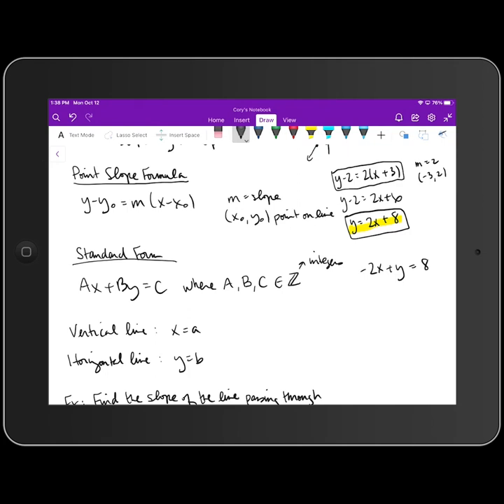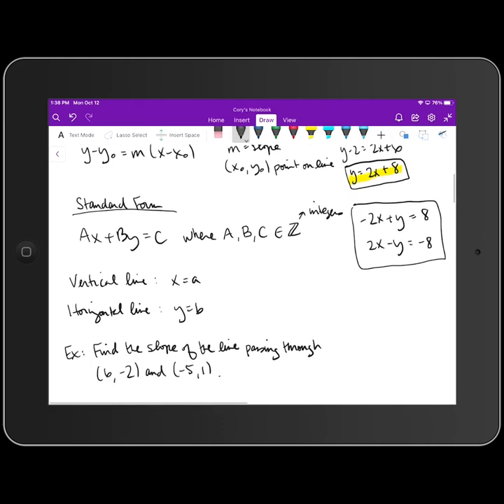Or if you want your x term to be positive, you can multiply both sides by negative 1. And that would give me 2x minus y is equal to negative 8. And either of those would be acceptable for standard form. Okay, so again, an equation in standard form has the x and y terms moved to one side of the